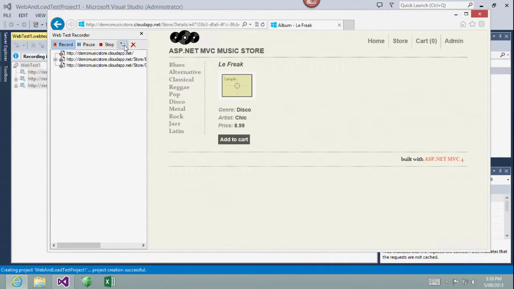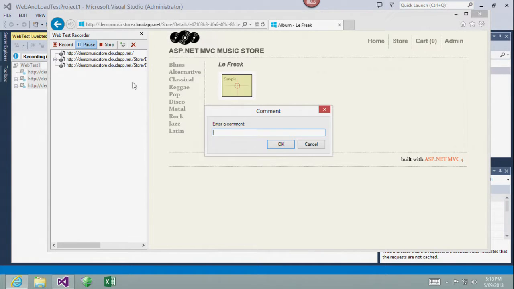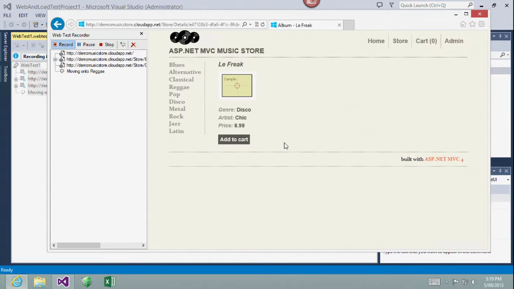I might go up here and choose to insert a comment. And that's good just to help understand, particularly if we're going in there and the page name stays the same, but we're just changing some parameters. So putting a little comment into the recording, moving on to, let's go into reggae next. It's simply going to, in our test results, output that string at that particular point. So it just helps us later on. We're paying it forward a little bit, putting the extra effort in now. That's going to make things a lot easier for us a little later on.